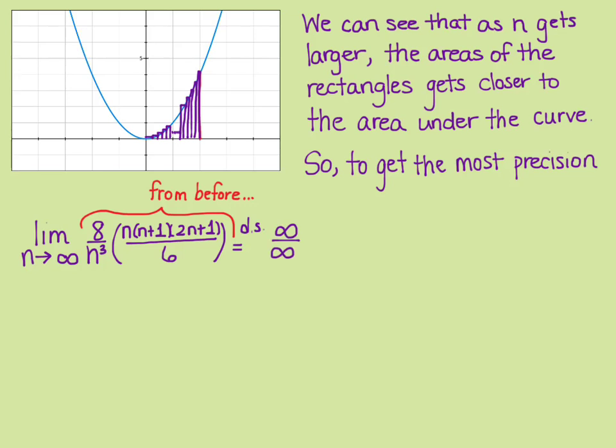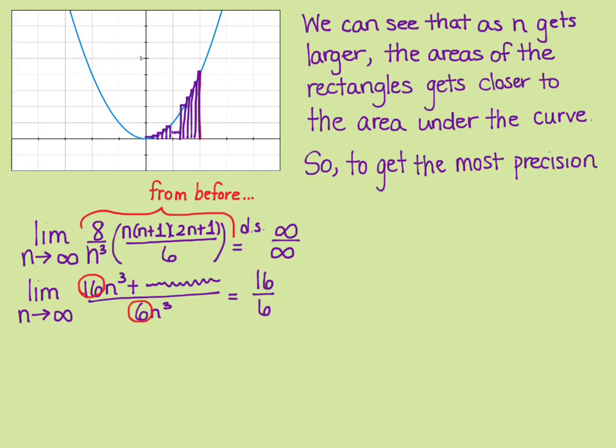If we try direct substitution, we get infinity over infinity, which is one of our indeterminate forms. So I'm going to end up using our sneaky trick from earlier. If I distribute everything out on the top and the bottom, I'm going to have 16n cubed plus a lot of other stuff that I know I'm not going to care about over 6n cubed. Since this is going to be the highest power of n in the top and the bottom, and since they both have the same degree, we know that the answer will be the leading coefficients. So I'm going to have 16 over 6, which comes out to 8 over 3,